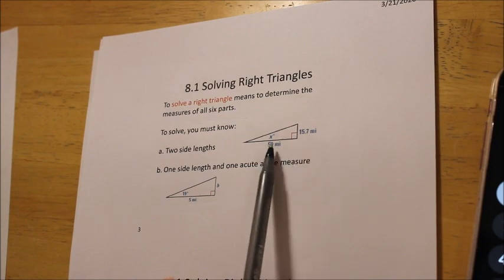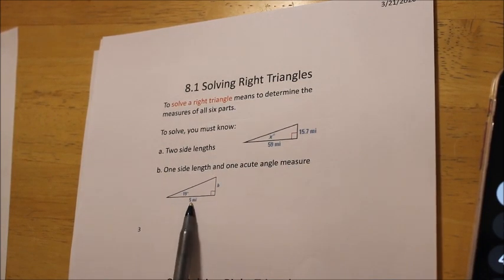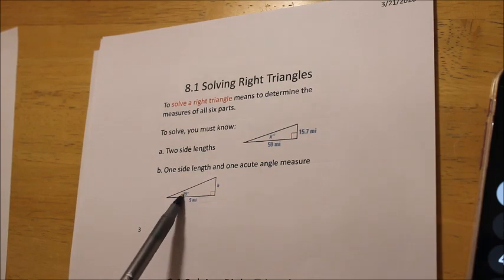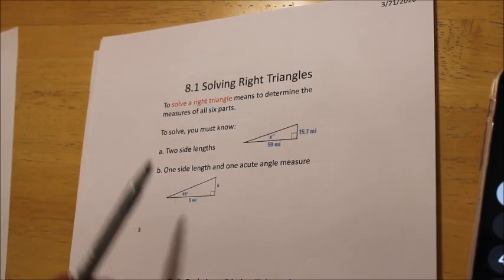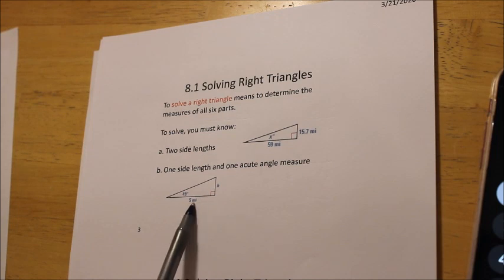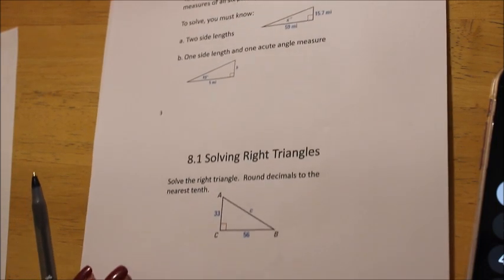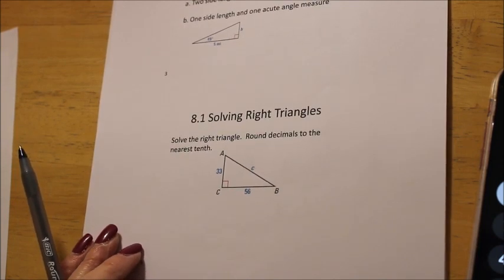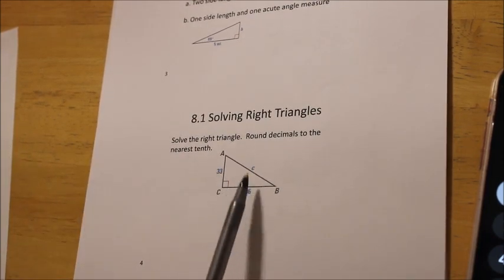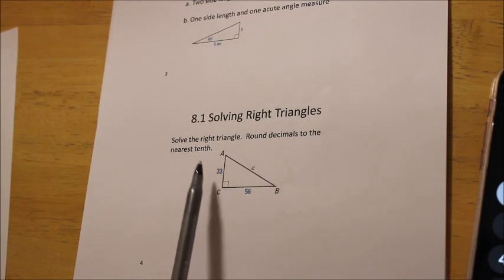So this would be an example here. We may want to try and find the angle measure, or we may know 1 side length and an angle measure. And once again, we don't have enough information, so we are going to have to use trigonometry. So let's do an example here where we solve the right triangle. What that means is we're going to solve all 3 parts, actually all 6 parts of the triangle